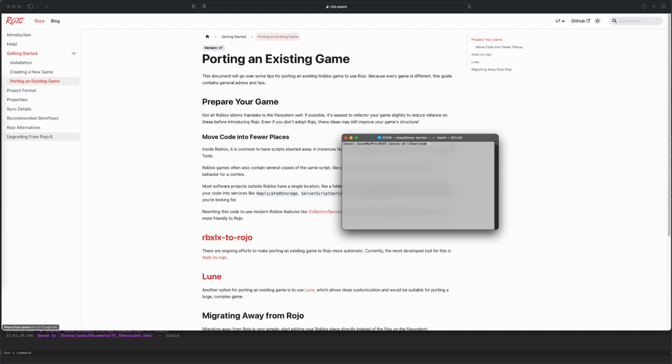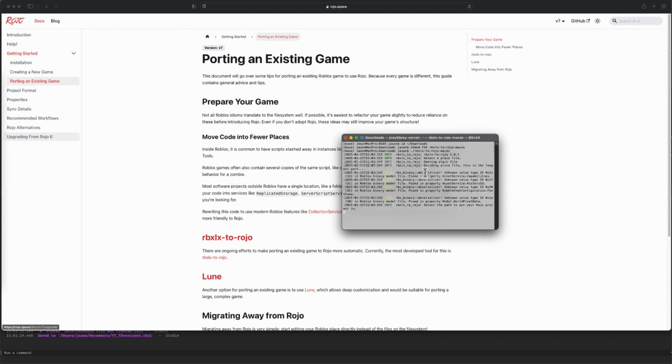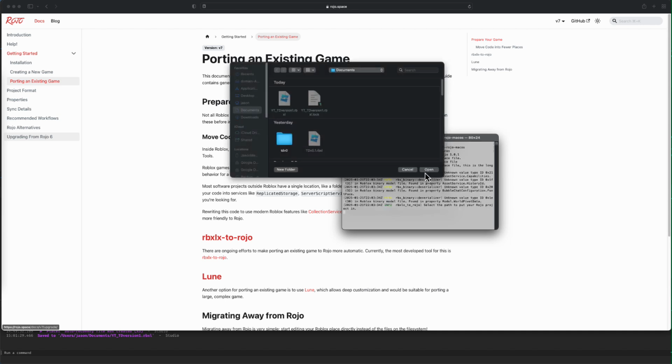RBXLX to Rojo, which in my case, I'm running on Mac, so you'll have to chmod that to an executable file, and once you do that, you can run it, and it will open up an explorer so that you can find the game. So we find our YouTube Tower Defense version 1, we convert it,